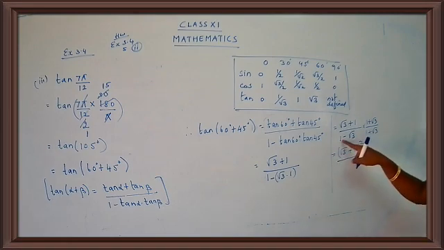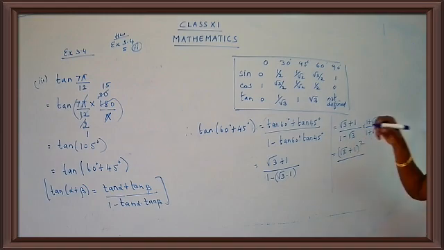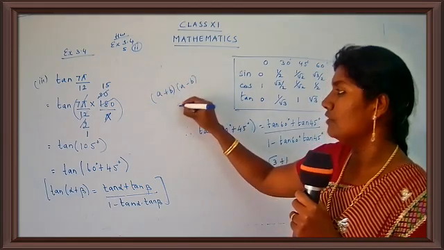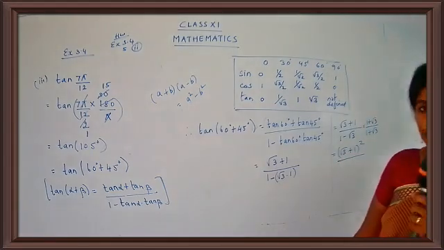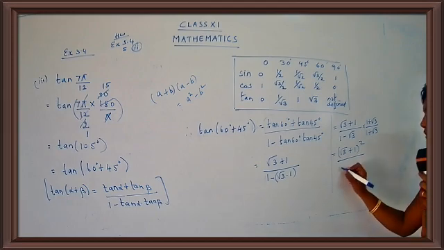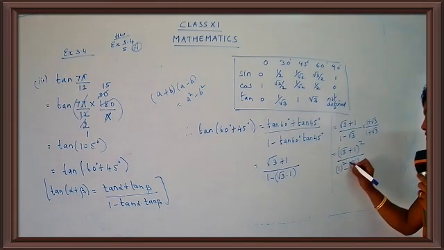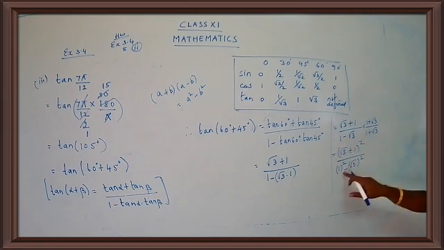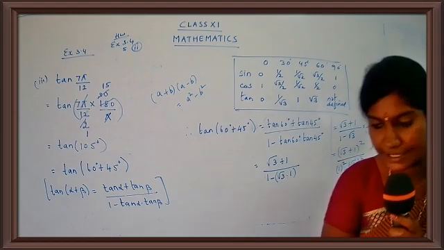Now just see here, children. This is a plus b, a minus b. I have told you that we have already used this identity. A plus b into a minus b is equal to a square minus b square. What is the identity for a plus b into a minus b? It's a square minus b square. So what is a here? A is 1 and what is b here? It's root 3. So you are going to get a square minus b square, that means 1 square minus root 3 square. Are you clear with this step, children? Yes. So what you get here? Root 3 plus 1 the whole square in the numerator, and in the denominator, a plus b into a minus b, that is a square minus b square, so I get 1 square minus root 3 square. Let us continue the step.